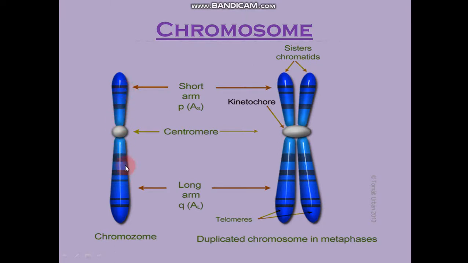Okay. So when we start with the structure, see here, there are two arms of the chromosome which have a central constriction. This constriction in the continuity we call the centromere. At the time when they are duplicating in the S phase of interphase, you remember it was taught in class 10th. When they duplicate, they form a duplicated chromosome, so they will have sister chromatids attached at the centromere or kinetochore. I'll tell you what a kinetochore is. First just understand the basic morphology of this chromosome.